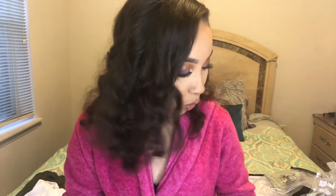And then the last thing was a crossbody bag, and this is super cute. It's a crossbody that I figure I need a smaller purse so that I can stop stuffing everything in a big bag. So this is what it looks like. It's black, brown, and white, and it has magnetic closing or whatever you want to call it. But this is what the bag looks like, and I think it'll be super cute. I like that, super cute. And this is pretty good material as well, super cute. So yeah,